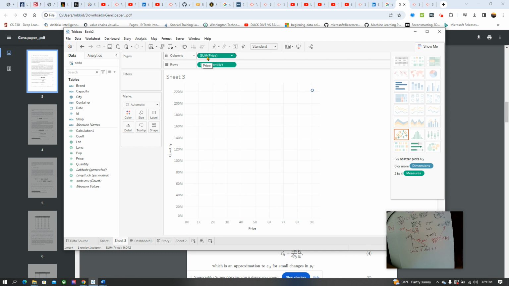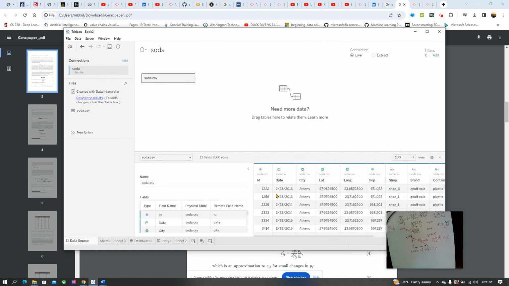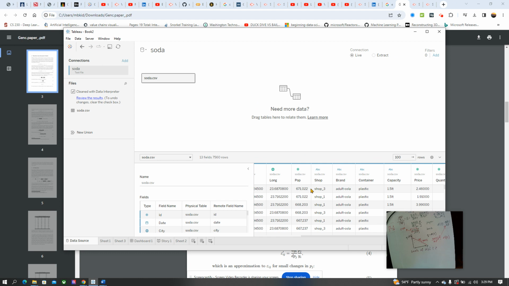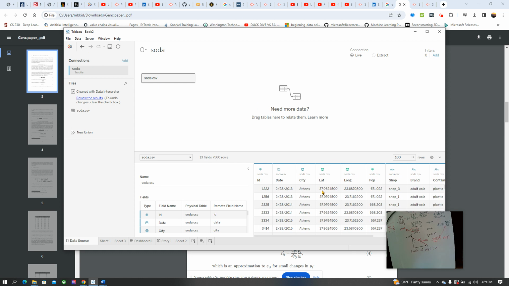Notice that it's a sum of prices. It's adding everything up together to a single number. So what we need to do, first off, that doesn't really make sense, does it? If you looked at this data set, we should look at the data source real quick and see that this is actually soda sales for different brands of cola in different containers, and we get price and quantity, and we've got different shops in different cities